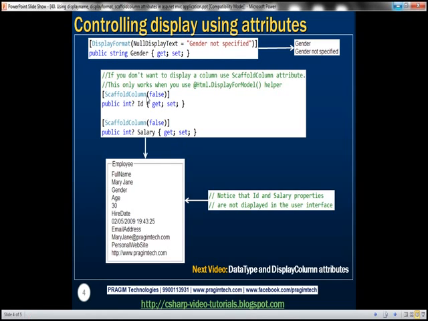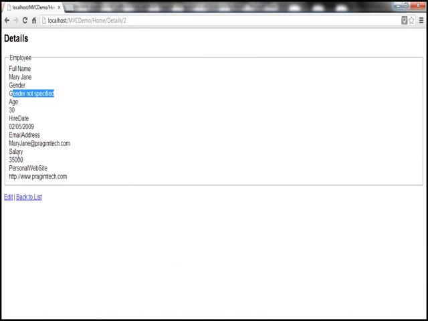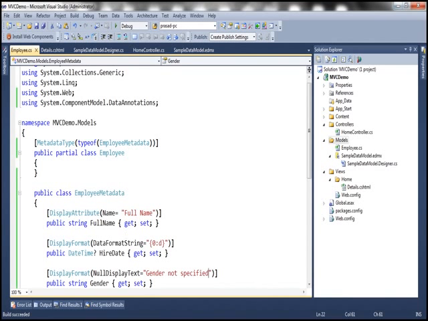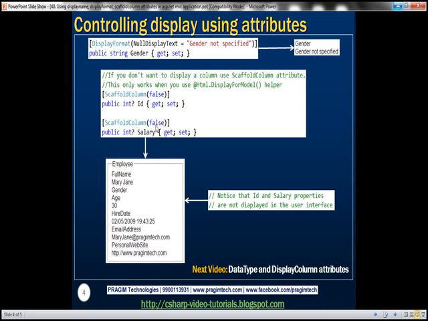Right. Another very useful attribute is the ScaffoldColumn attribute. Now if you don't want to display a column, then we can make use of the ScaffoldColumn attribute. Let's say salary is confidential information. At the moment, notice that salary information is displayed, but for some reason we don't want the salary column to be displayed in the view. Then you can control that using the ScaffoldColumn attribute. All you need to specify is pass false as the value for this attribute, and it's not going to show